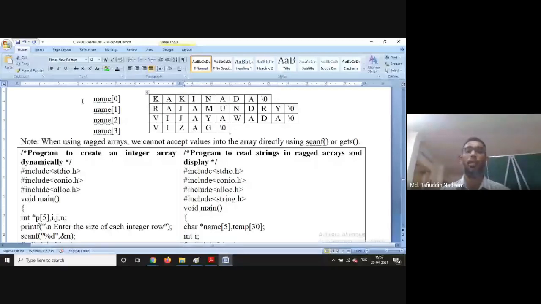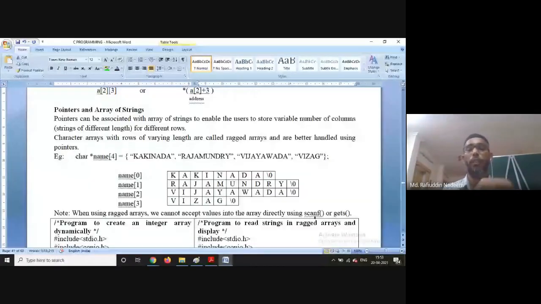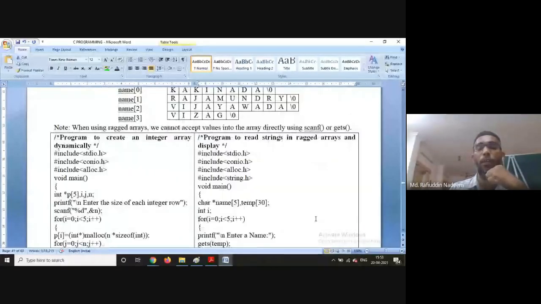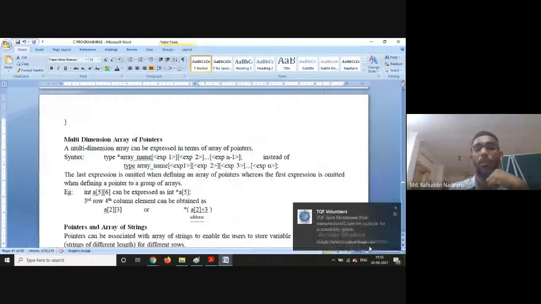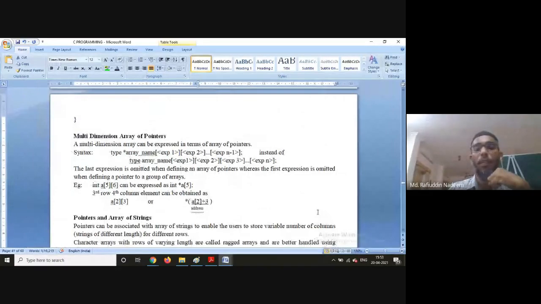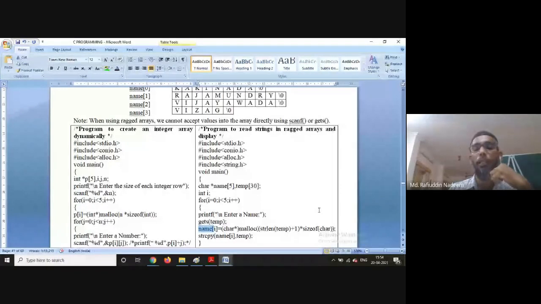Let me compare this. Once again I will start and explain very clearly. Assume that temp contains Kakinada.